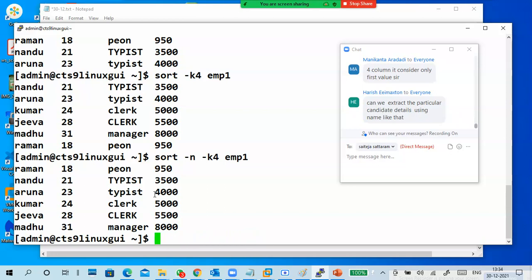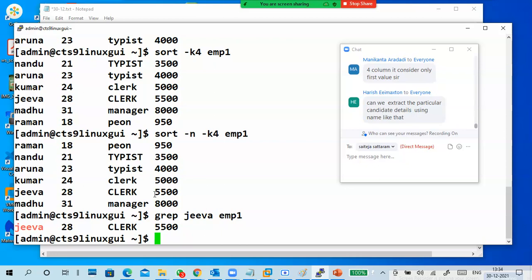If you want to display a particular line, you can use grep, like grep emp1 for a particular line, or grep hyphen i clerk emp1.